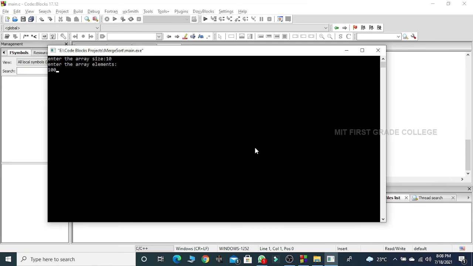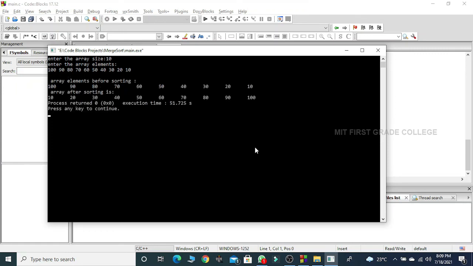The worst possible input is the input in a descending order. So 100, 90, 80, 70, 60, 50, 40, 30, 20 and 10. So I have entered all the 10 elements.